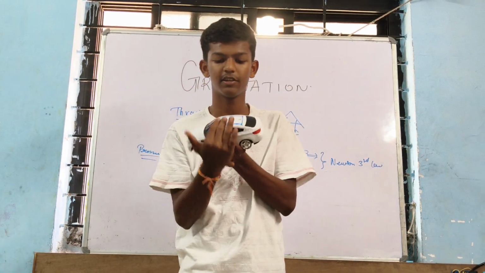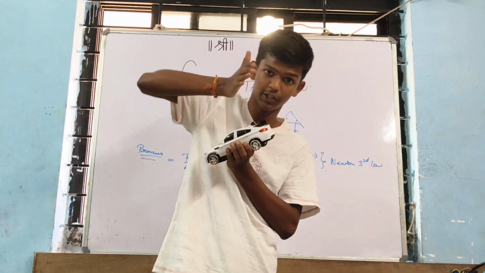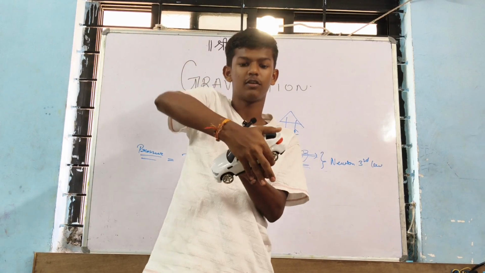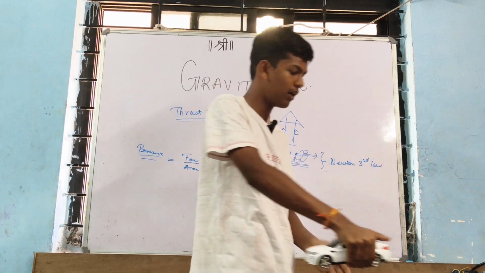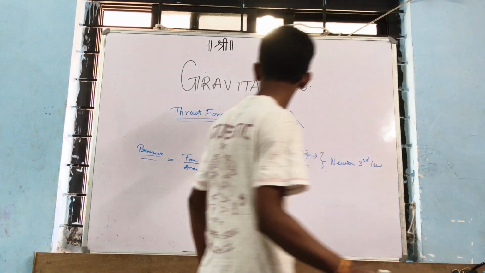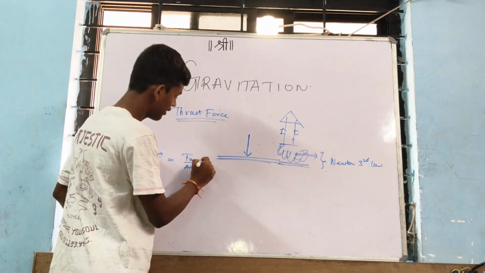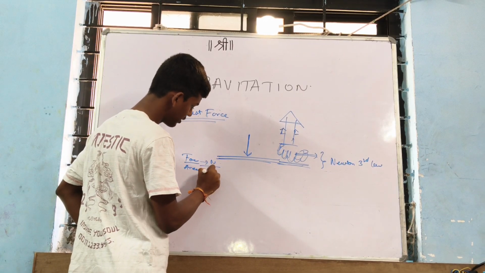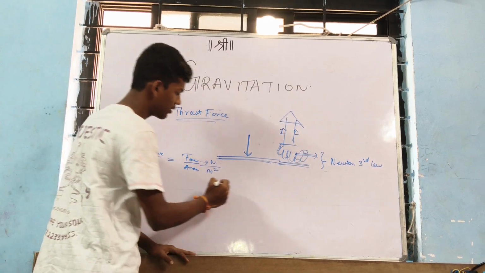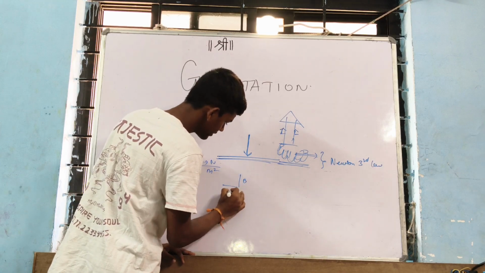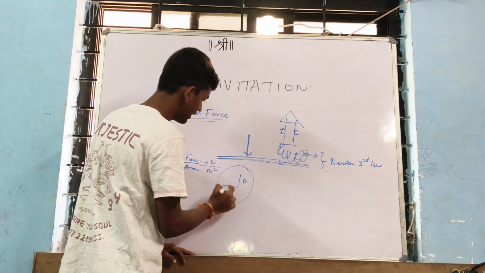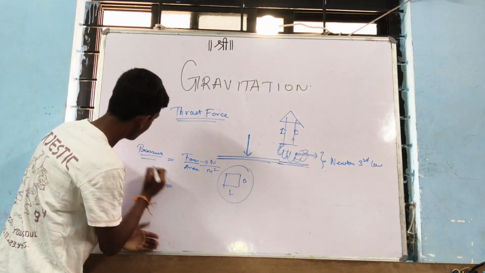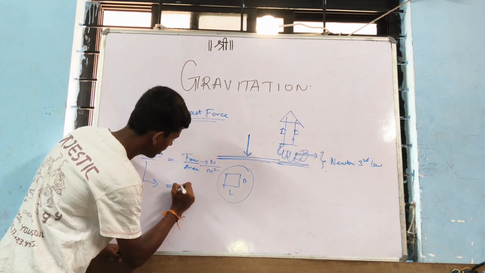Applying this muscular force on this car is known as pressure. I just took the example of the car, but you can take any example. Force you can write as Newton, and area is meter square, because length multiplied by breadth is area, and the SI unit of pressure you can say Newton